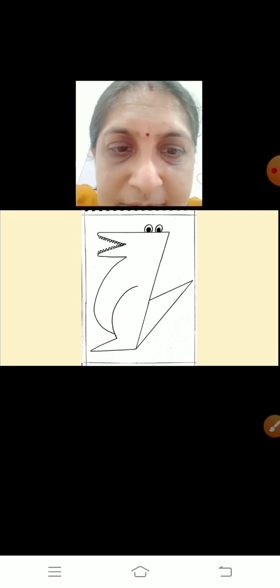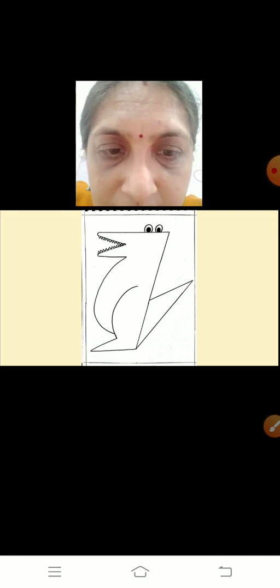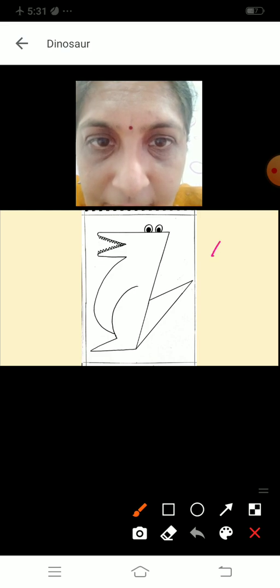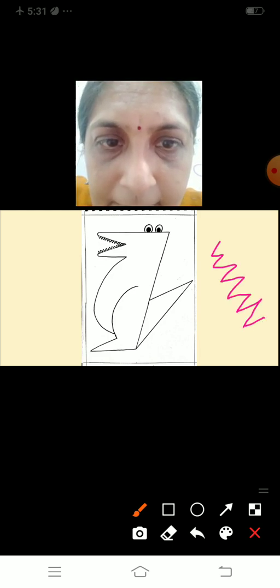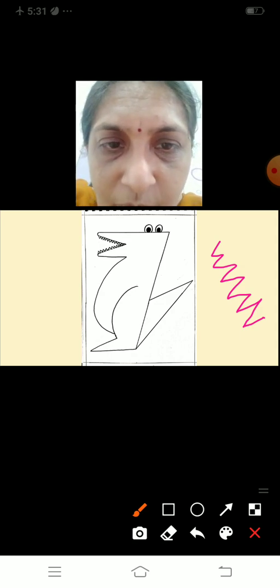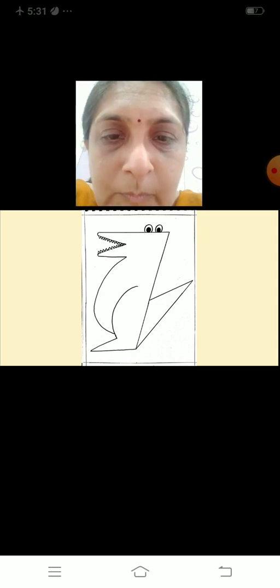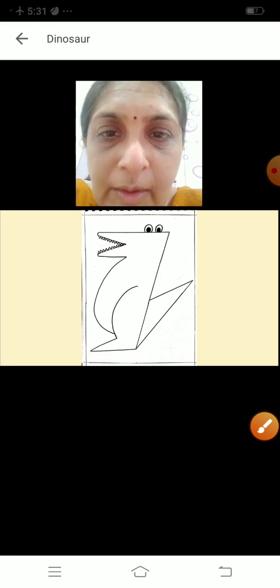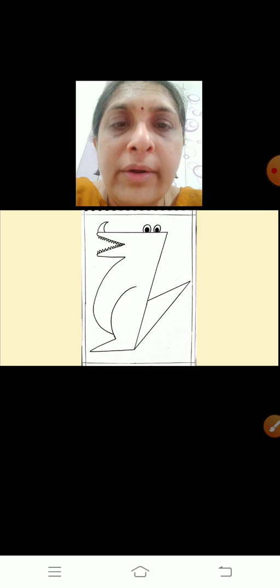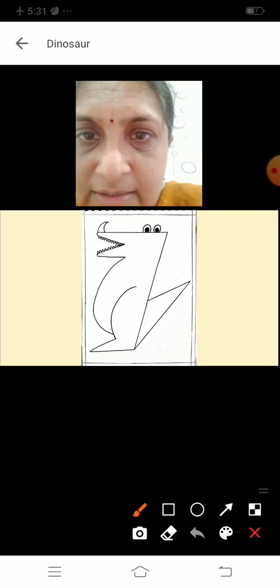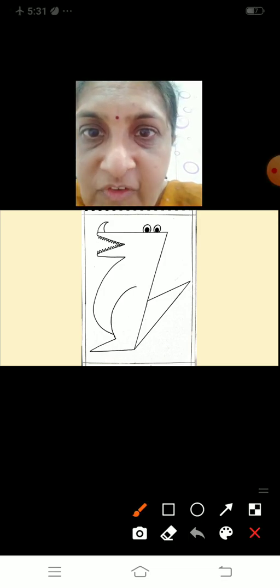So draw a zigzag. This is called a zigzag. That way you will draw its teeth. Now next, a horn on its face. Can you see a horn?